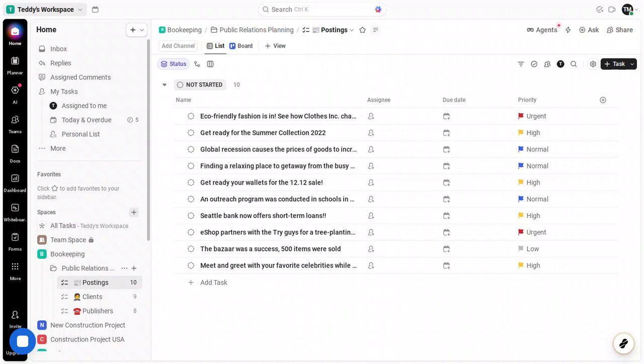For this walkthrough, I'll select a public relations planning template from the library. Even though I'm standing inside a bookkeeping space, this is a perfect way to demonstrate flexibility. The idea is to show you the mechanics of importing a template, and PR planning happens to be a clean example with clear structures like campaign planning, media outreach tasks, and calendar views. If you're following along, you can pick the same one